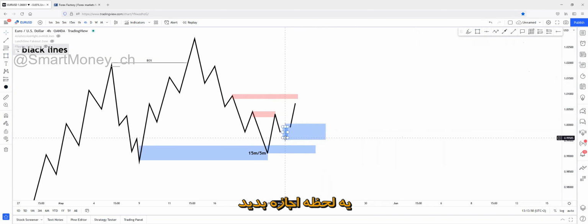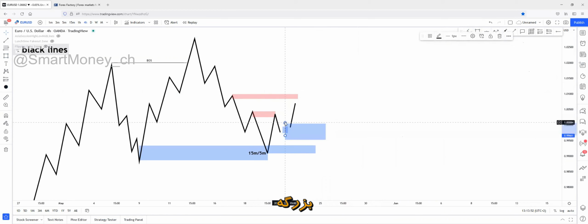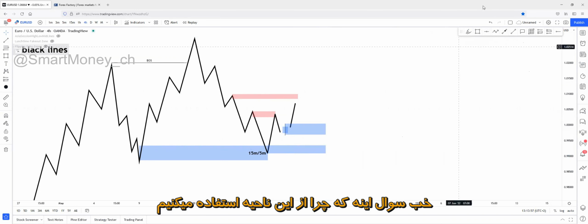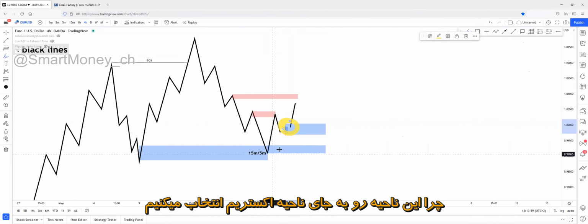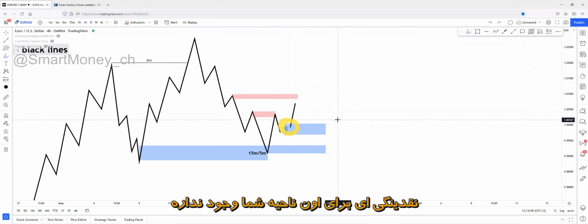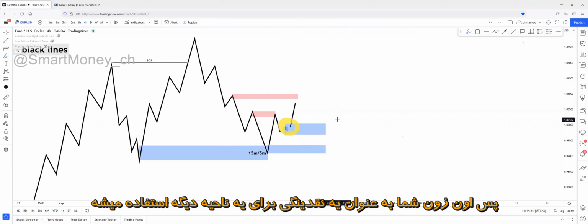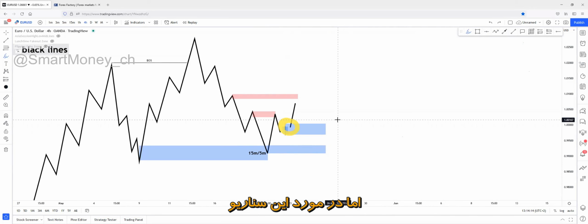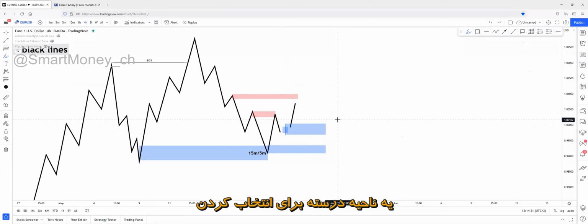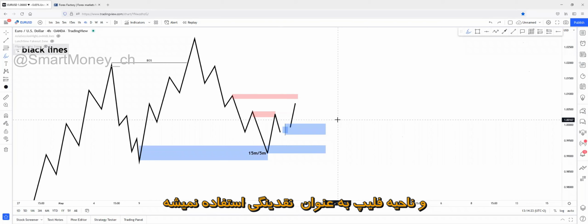Let me just make this zone a bit smaller because it's too huge for us. So yeah, let's use this as a demand zone. Why are we using this demand zone instead of the extreme? Because I always say that if your zone doesn't have liquidity, then your zone will be liquidity for the deeper zone. But in this scenario, this specific sentence isn't true, because in a flip scenario, the flip zone will be the right zone to choose, and the flip zone doesn't have to form liquidity.